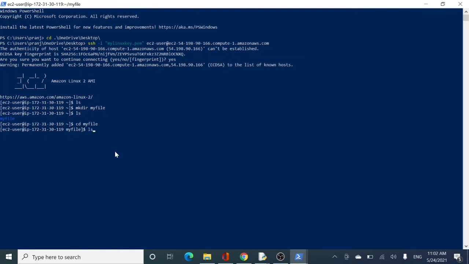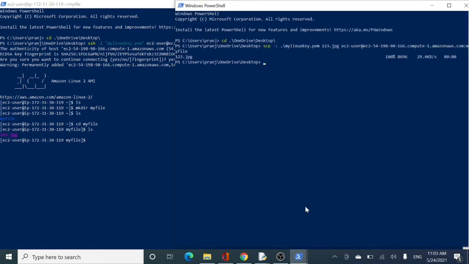Let me just ls, and you can see this is the image that has now been transferred to my EC2 instance. One more time I will be using the same command, but this time I shall just change the file, because I want one HTML file to be transferred over here, that is my page.html.